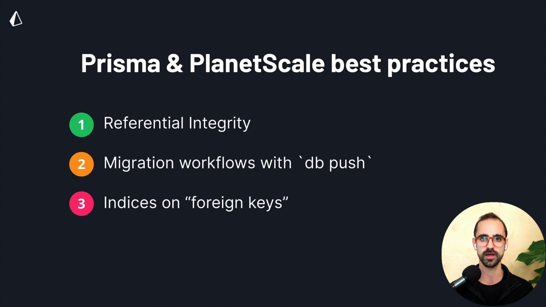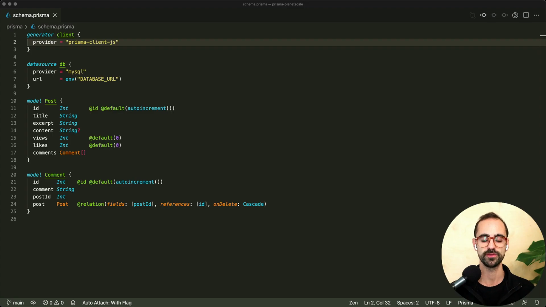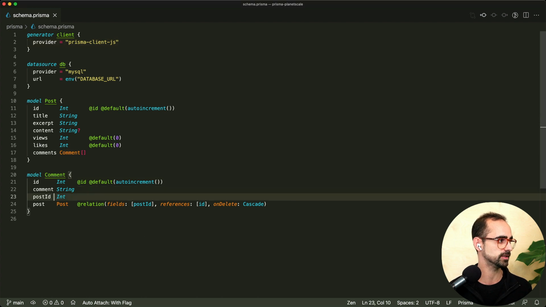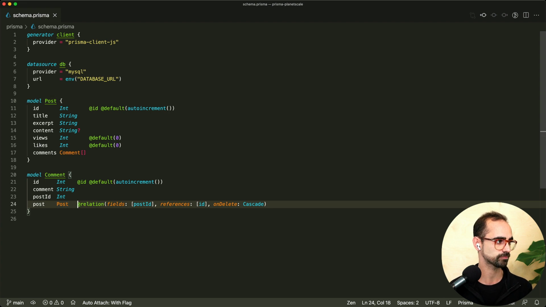So let's start by looking at a concrete application. Here I have the Prisma schema in a Next.js project that we want to connect to PlanetScale, and I've already gone ahead and defined the data models. There are two models here, a post and a comment. This is going to be for a blog. And there is a one-to-many relation between posts and comments. This is also denoted by the post ID foreign key that we have defined here, and also the relation attribute